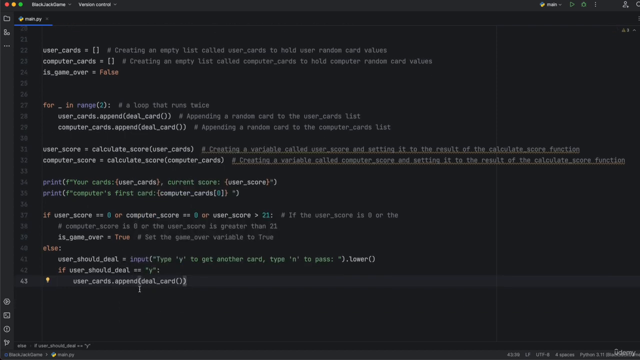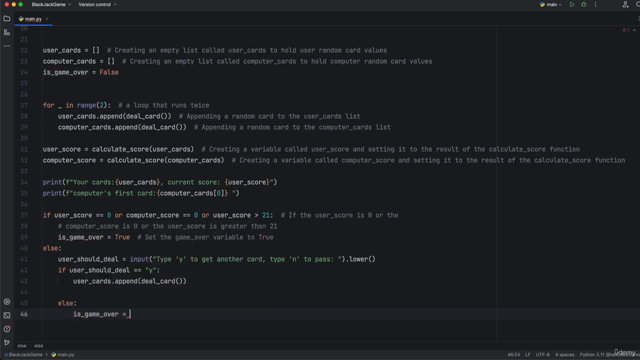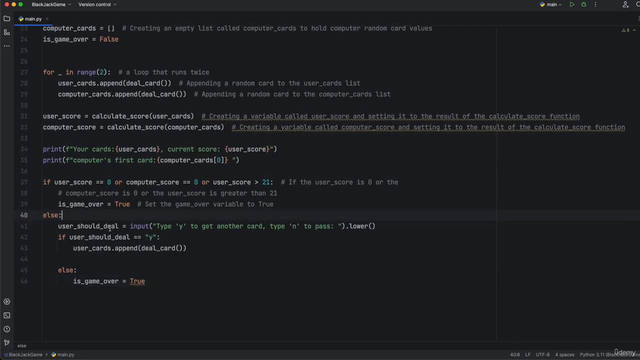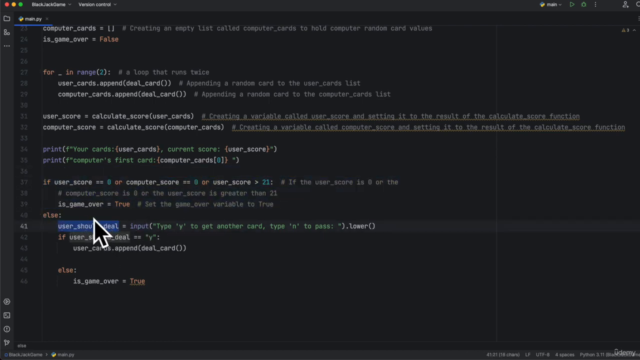And let's add an else statement as well. So I'm going to say else is game over equals true. So here's what we did. Now that we have this going on, we need to actually get user input, right? So we need to ask if the user wants to continue playing. So if the user said yes, we ask the question here, and if the user says yes, we're going to append another card from the deal